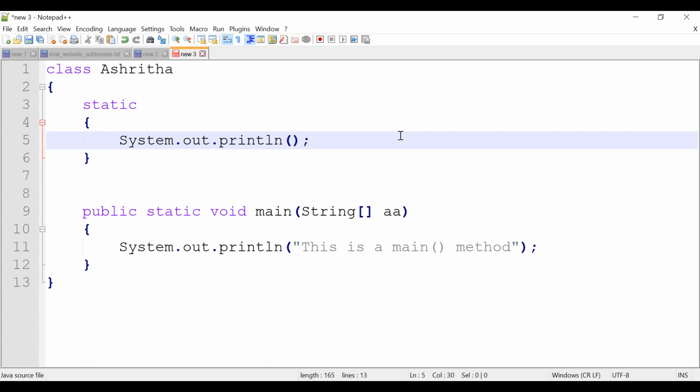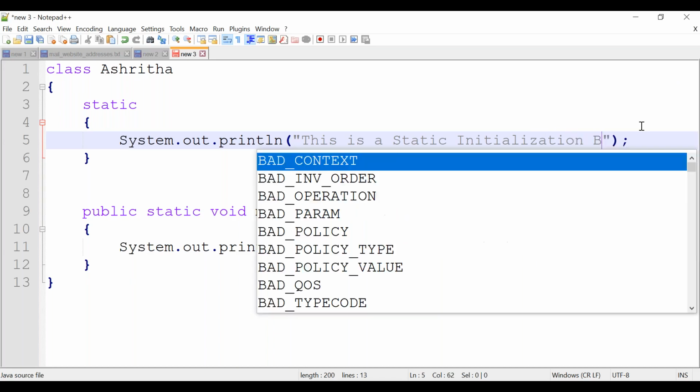Here again I am keeping a statement, mentioning this is a static block, or I can say this is a static initialization block.